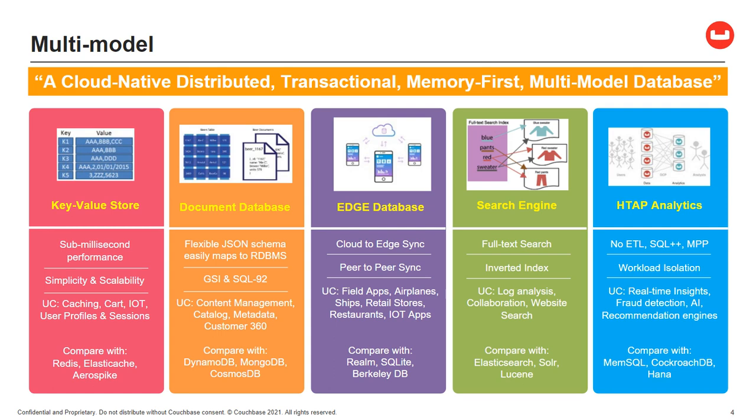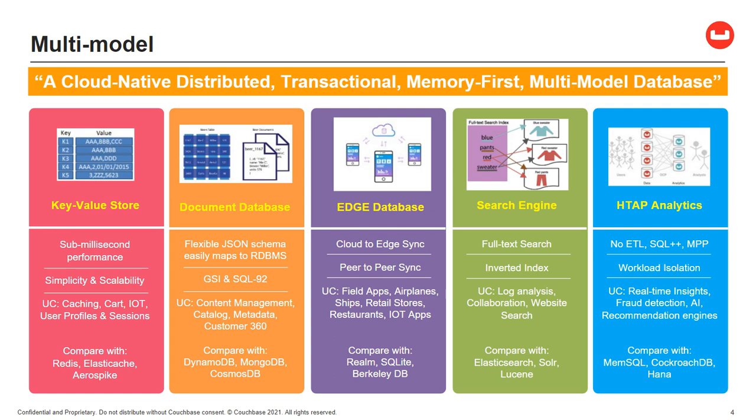So Couchbase certainly can act as a key value store. You can look up data by key. It can also act as a document database, so you can look up JSON data and query JSON data. An edge or mobile database that provides synchronization. A text search engine, and HTAP, or HOAP, operational analytics, is another model that you can use with Couchbase. And the great thing about Couchbase is that, with the exclusion of mobile, because you need to install something on mobile devices, all these things are built into Couchbase in a single platform. It's not a bunch of extra plugins or add-ons that you need to get this functionality. So it's all built in there.